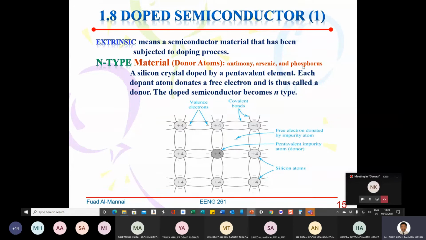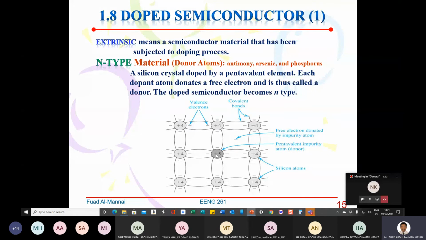Remember, phosphorus is pentavalent. Arsenic is also pentavalent. Antimony is also pentavalent. So we take impurity from one of these materials and we introduce it to the